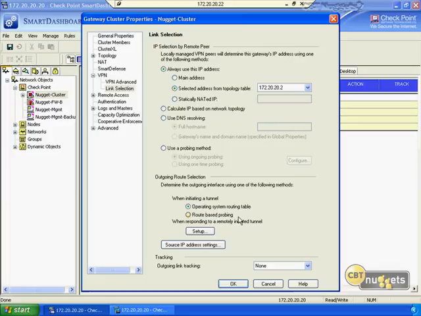If you want to do route-based probing, you could do that type of thing as well, if you wanted to be able to look at some different options. But let's just see here. If we set this up